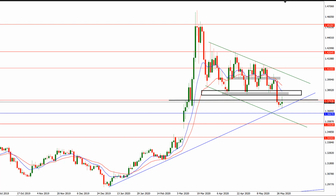And the price actually retested this key level structure right here, on multiple occasions, two times. And then there are some traders who thought right here, maybe they didn't figure out there was an extension of a dynamic trend line which extended from these low swings right here up right here. You can see the low swings right here, there's a low swing right here, low swing right here, low swing right here. So this was the dynamic support trend line which served as a hindrance for this trend to make a rally